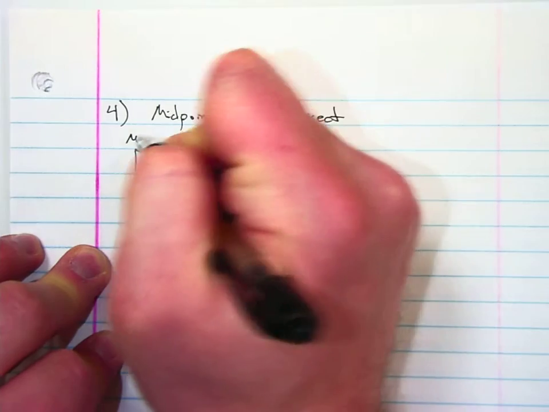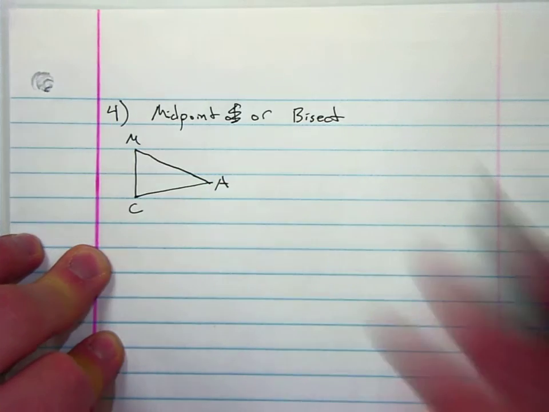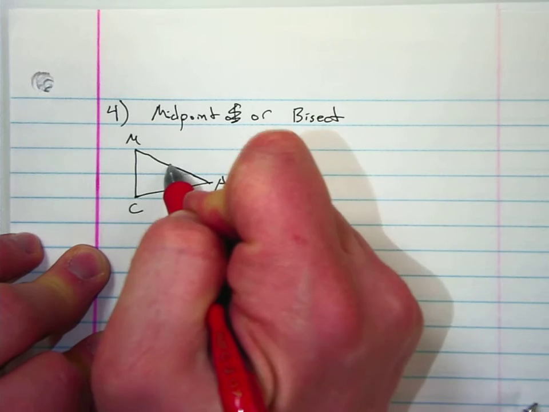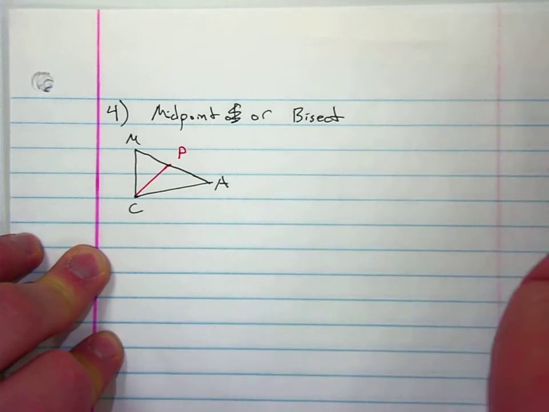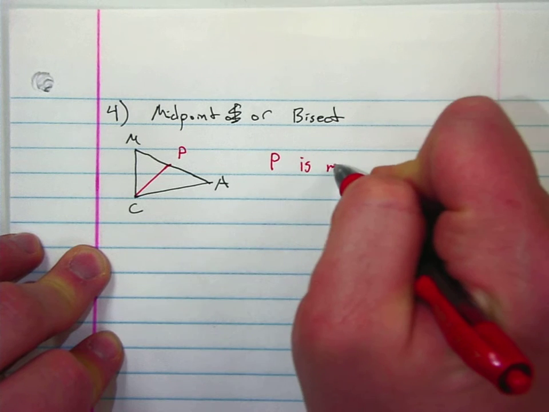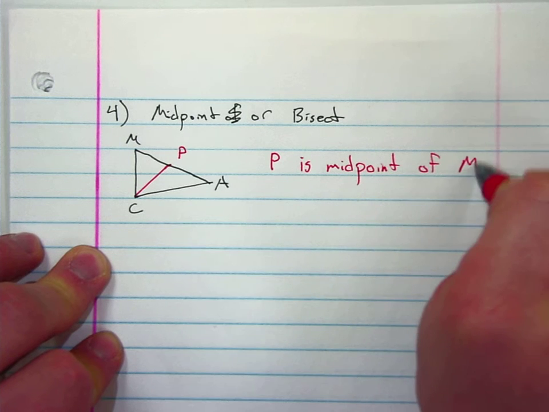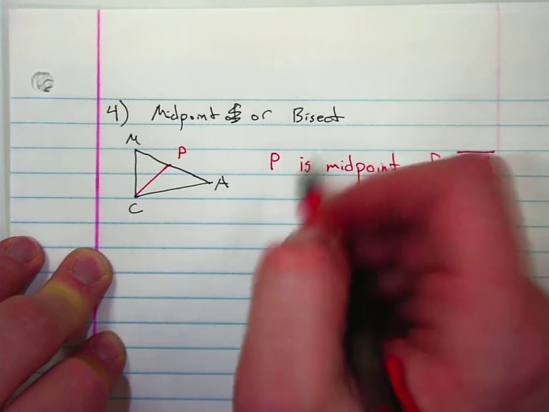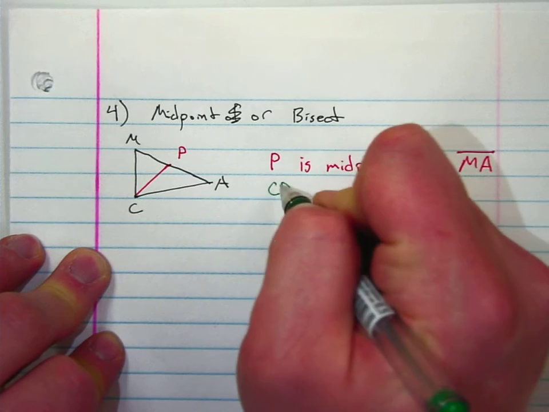Triangle CAM, and I say, well, that shouldn't be M, but anyway. There are two different ways I could phrase this. I could be given that P is the midpoint of MA, and I probably should have made it MP, but anyway. Or I might state something like CP bisects